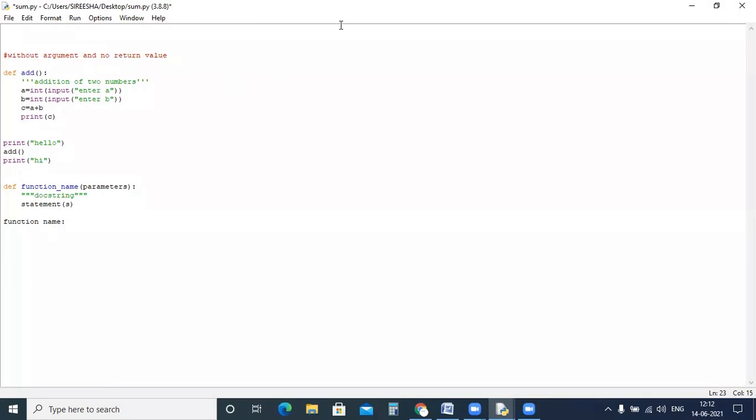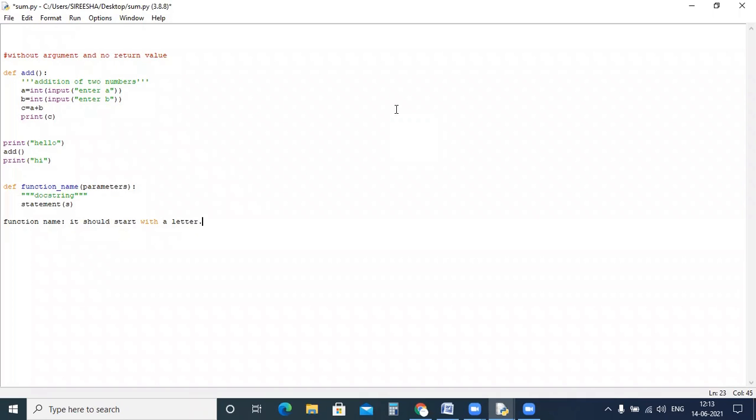Can anyone tell me what the rules are? It should start with a letter. What are the rules we have for a variable? Not only small case, we can have capital also. But it is case sensitive.